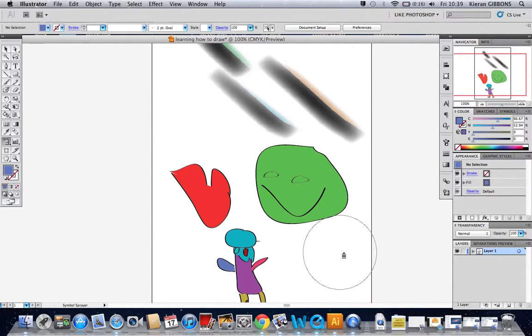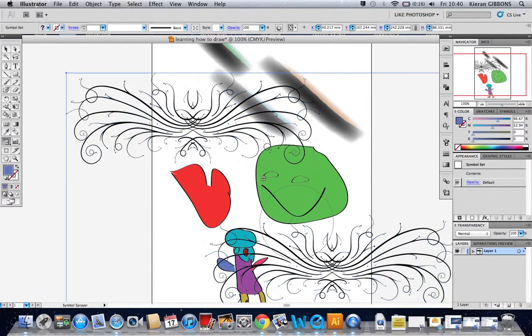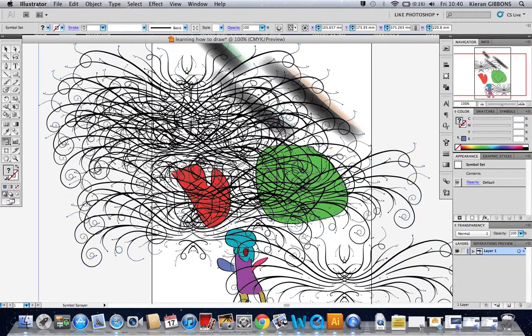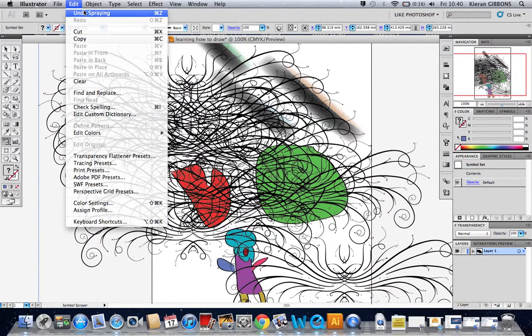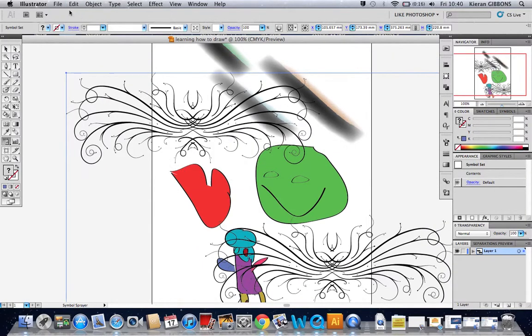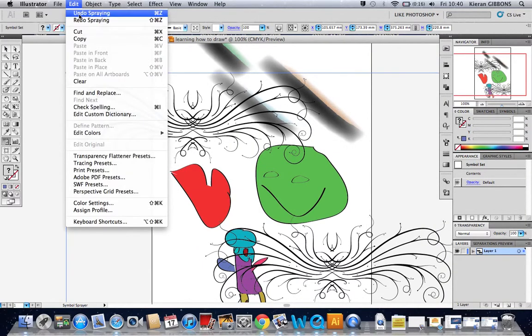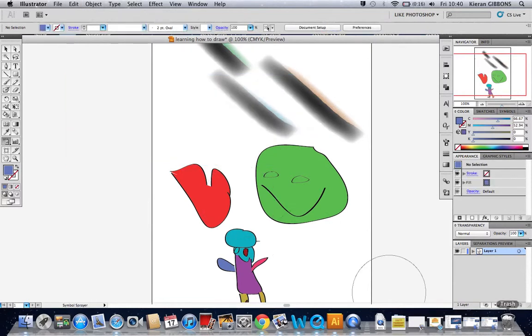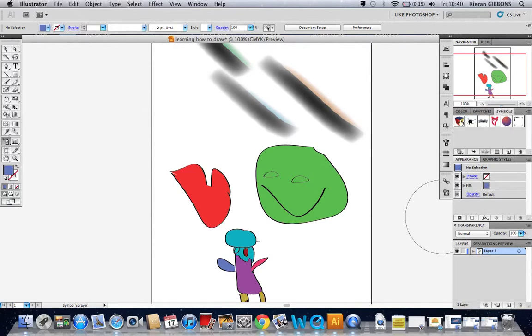As you can see, if I click here, more symbols pop up. You can have multiple ones like so. Right, so that's that tool. Then if we do undo spraying, keep going, or to quickly undo, Command Z, and then if we go to symbols, we can have a cube,